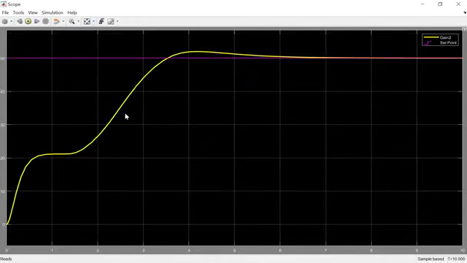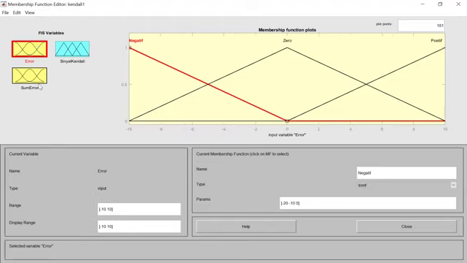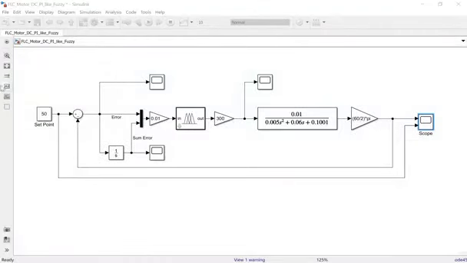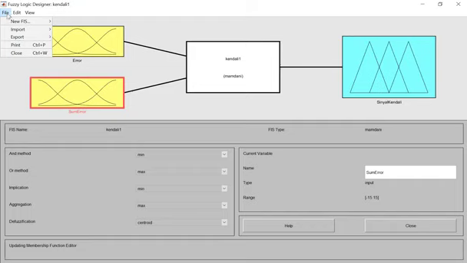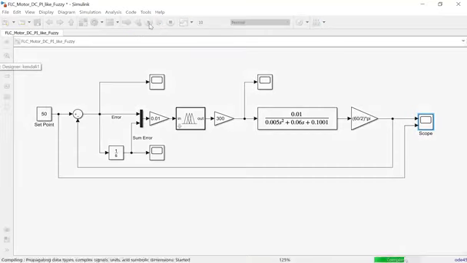Okay, so in this part it is not smooth. Perhaps we need to change the error. Okay, I will come back. This length to be -10 to 10, and then the error from -15 to 15 here. Okay, and then I close. And we need to export again, and then we can play the simulation again.